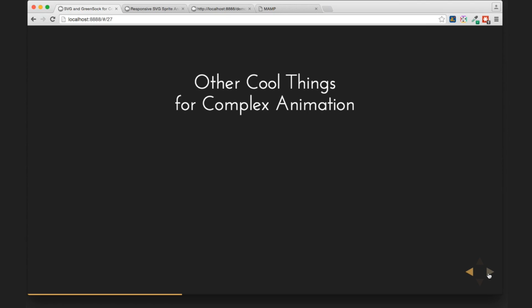So, other cool things for complex animation. Motion along a path is moving into CSS. It is also moving out of SMIL. SMIL is getting deprecated, and IE, or rather Edge, is still not sure that they're going to support it. You can go vote to support it, and you should.